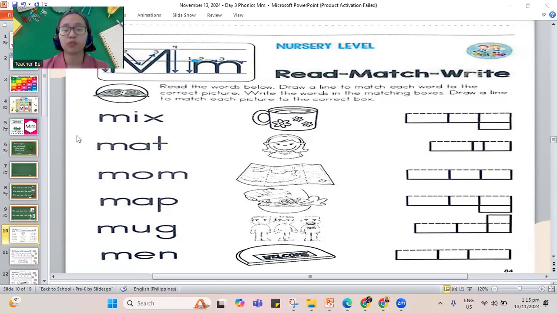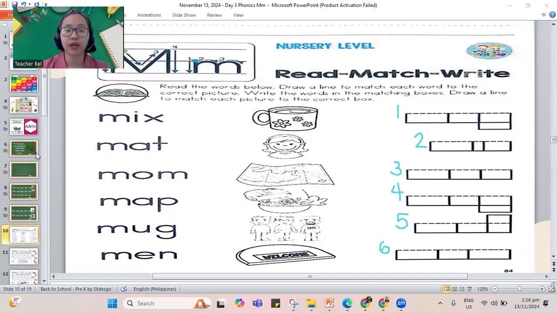And then we have to match our words to the pictures and write it in the correct box. You can follow me if you're having a hard time where to put your words. Let me number our boxes so that you won't get confused.